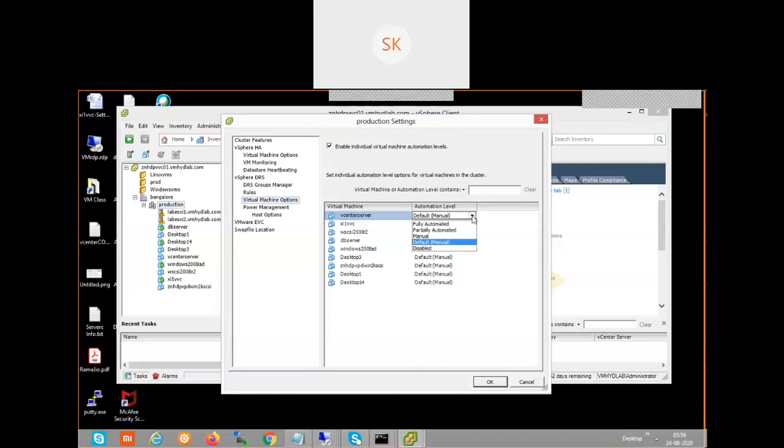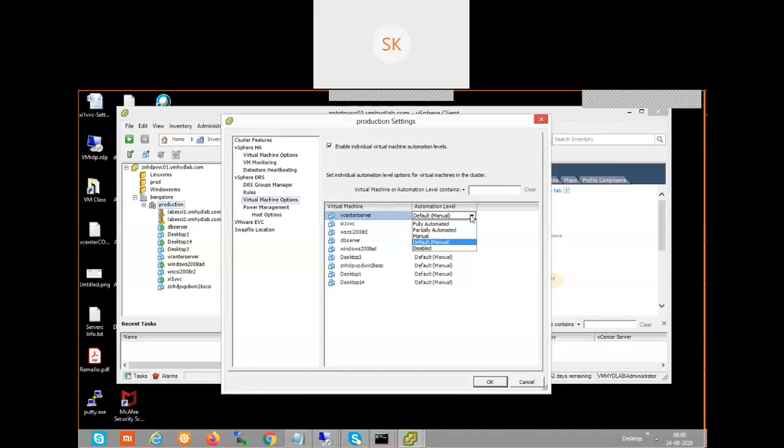Here, see, if I don't want to migrate this VM. The cluster feature is enabled as fully automated, but I don't want to perform this migration at all. Don't consider it at all, even if the ESXi host is running at 100%. Don't migrate me. I can choose this option. I can disable it, or I can put manual. If I select manual or disable, the DRS cluster feature is not going to touch that VM. It is going to check other VMs.